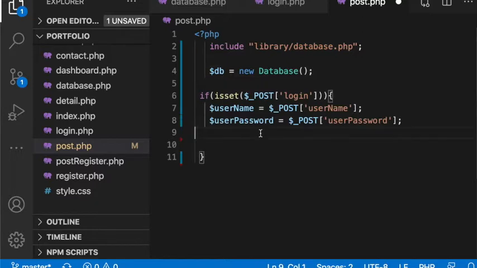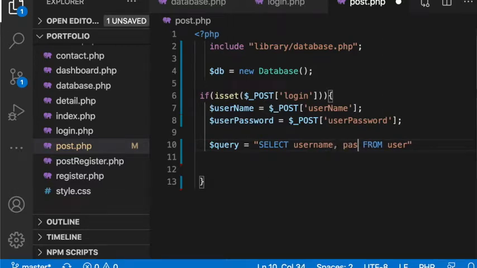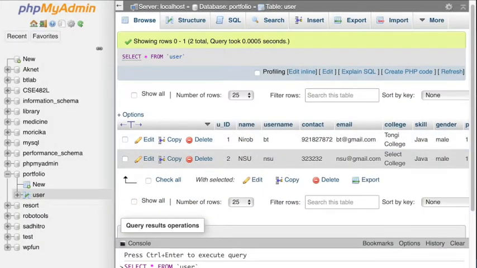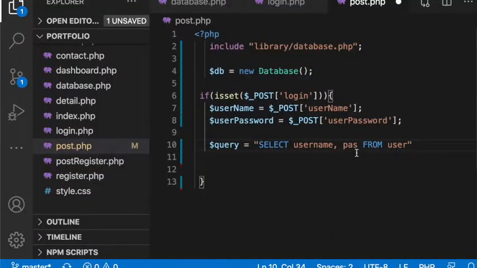Now what I can do here is use the select function to bring all of them. Let me write a query: select all from the table user. Ideally I should not bring everything, so let me bring username and password. Let me check. Here you can see this is username, and password should be password. You can bring everything, but I think it should not be. Okay, select username and password from user